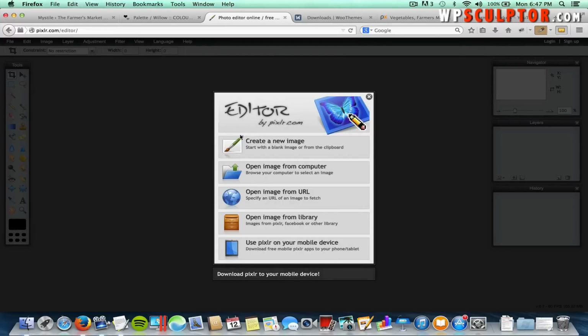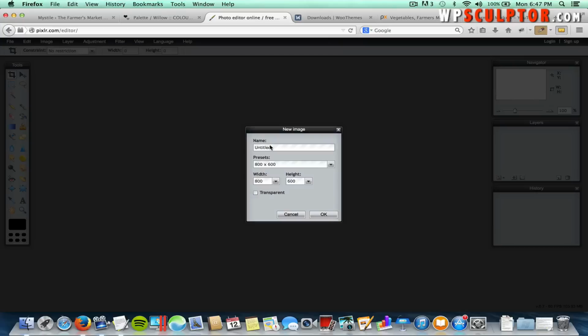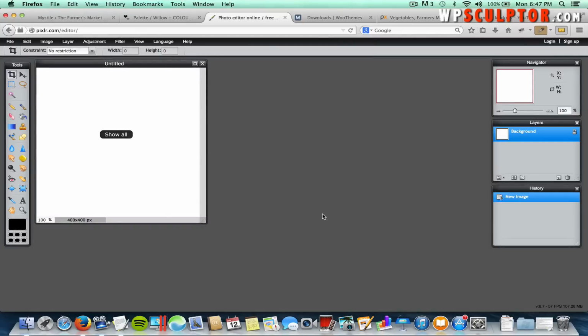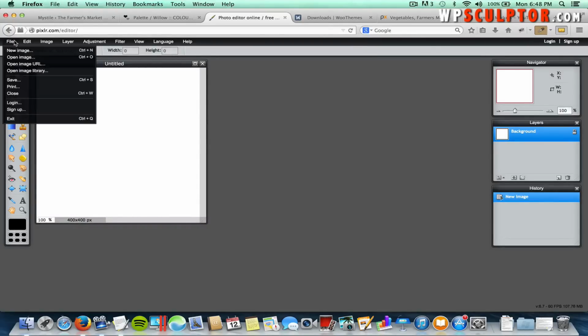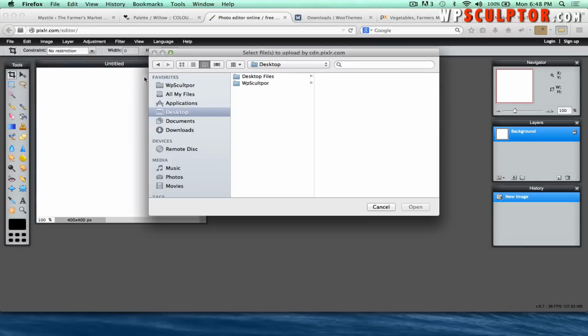When you get to Pixlr, click on Create a New Image, and we're going to make it 400 by 400, and that should give us plenty of space. You might have to do some trial and error on your height and width, but this should give us plenty of space to work with. And then I'm going to click on OK, and this is going to be my canvas. Then I'm going to go to File, Open Image, and open up that graphic that I just downloaded. So make sure you saved that somewhere on your hard drive where you can find it. And I'm going to open that up